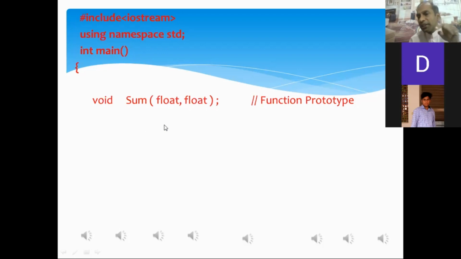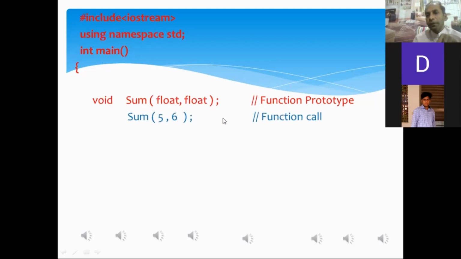For the function call, my dear students, what is the name of the function? Sum. We write the name of the function, sum, followed by braces, and within the braces we can write for the first argument either a variable or a data value. In the second argument we can specify a data value or a variable. It is up to you.